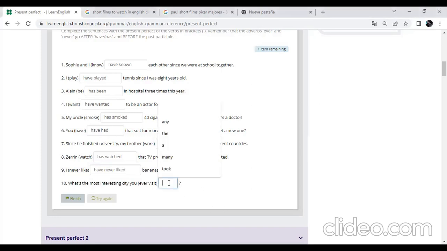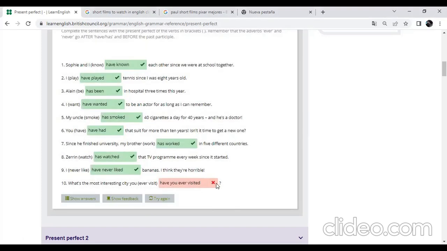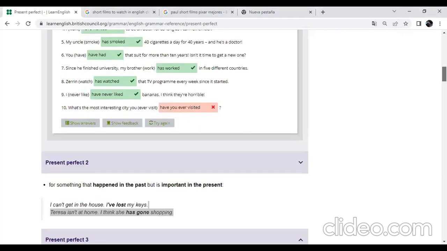I do the last one. What is the most interesting city you have ever visited? Sorry, I got it wrong here. Acá era have ever visited, okay? I'm sorry. I made a mistake. Okay, thanks so much. Now we are going to